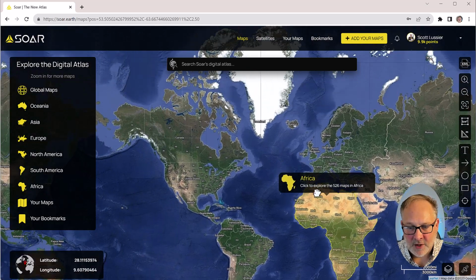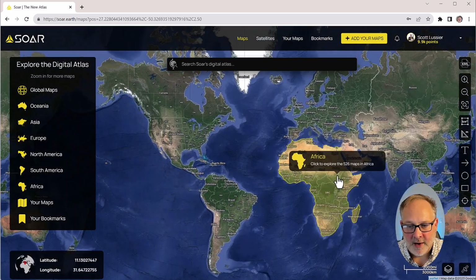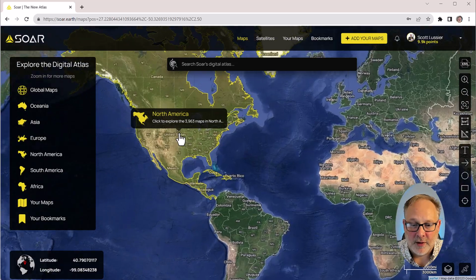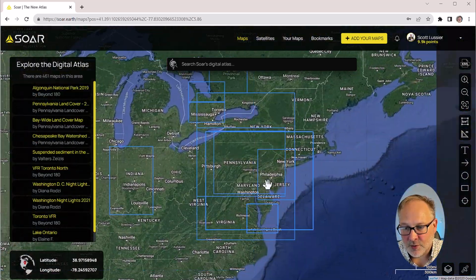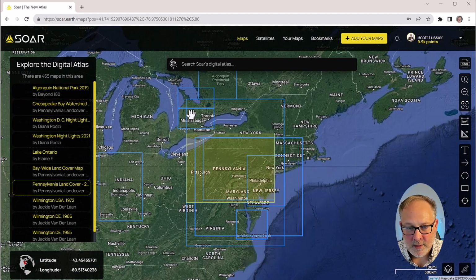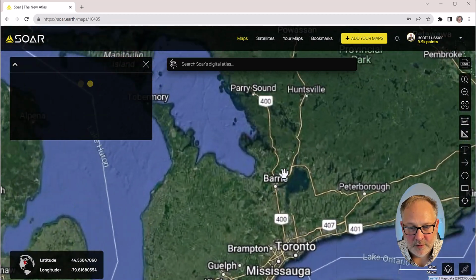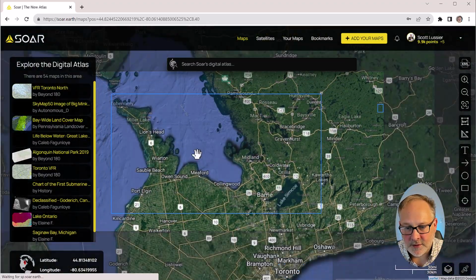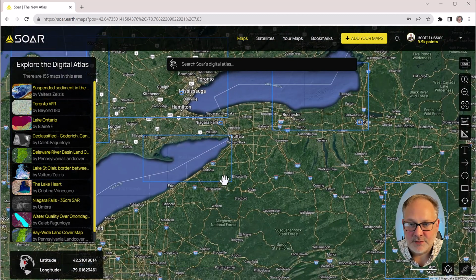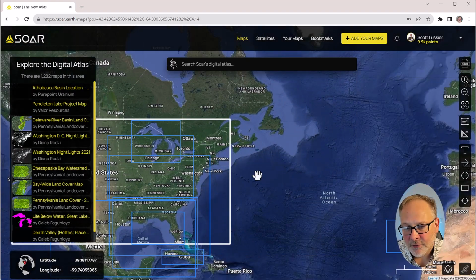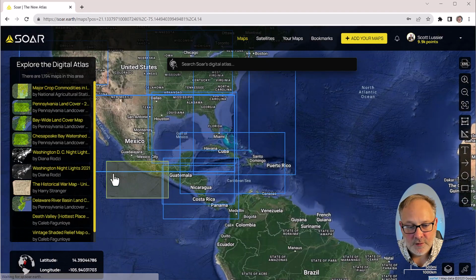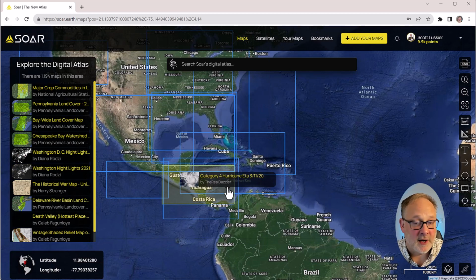And here we have this Google Earth look and map of the whole world. If I click on North America, I've got 3,963 maps available. I can roll in with my mouse wheel and start to see where they're located. There's a map of Toronto. Looks like airspace, so if you're interested in Toronto airspace, there you go, and just everything you could possibly imagine. You can search by location, because that's what search is based on. You can just zoom to that area pretty quickly and see what's there.